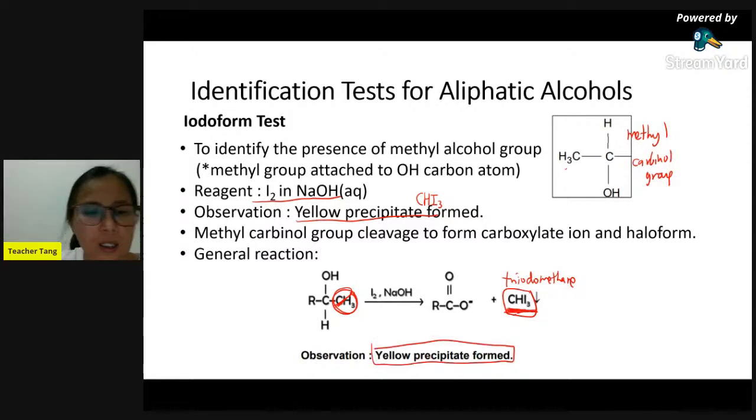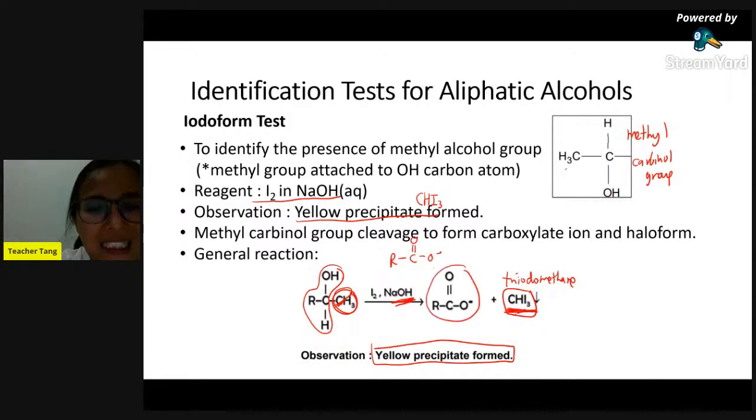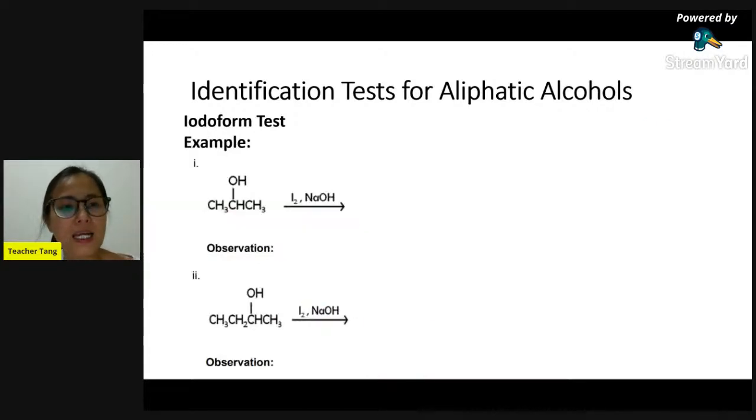So the remaining part will be oxidized to give carboxylic acid. But this is in alkaline condition. So alkali reacts with acid to give you a salt, which is your carboxylate ion. So now, shall we move on to look at the example? For the iodoform test, first, we have to look for